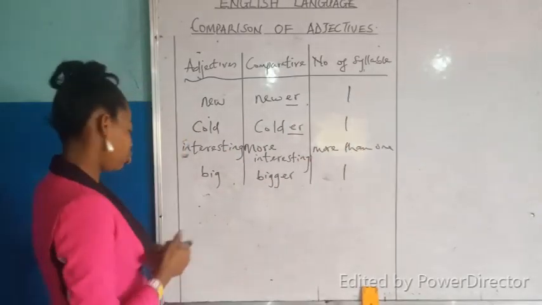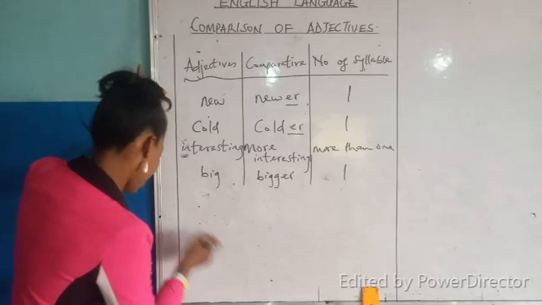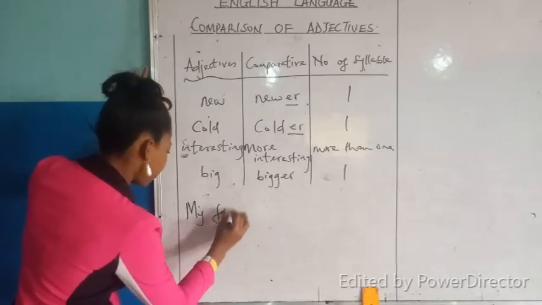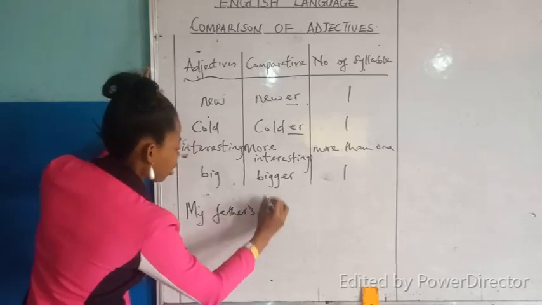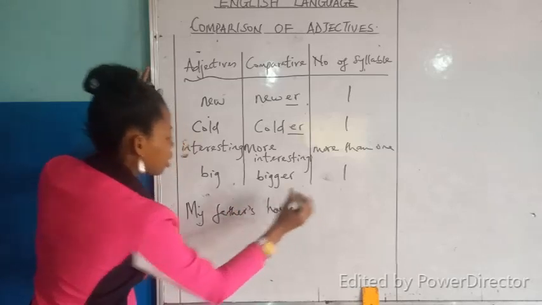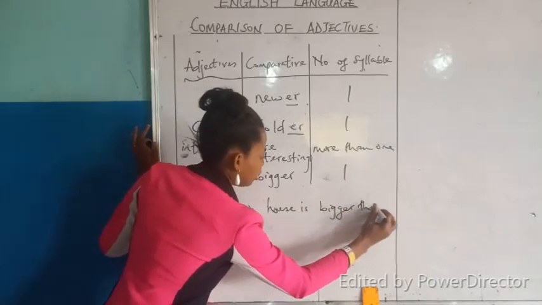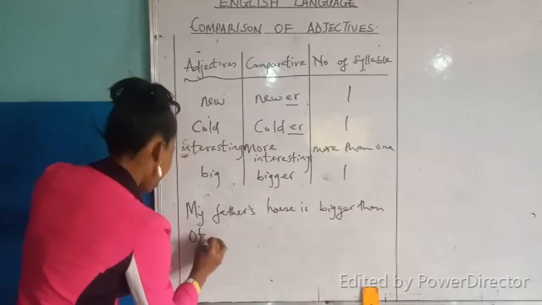Okay, now let's do this in sentence form. My father's house is bigger than